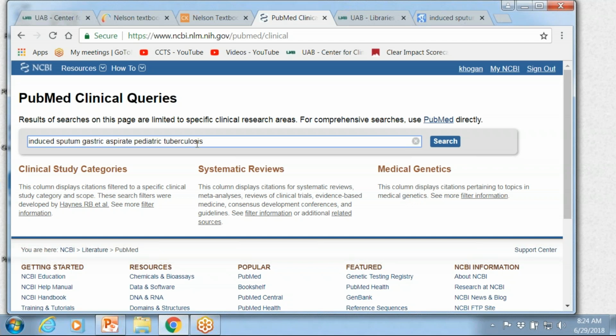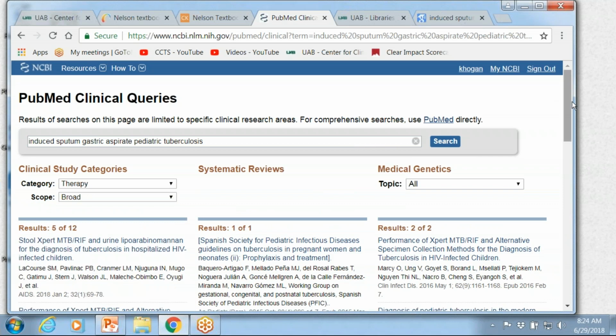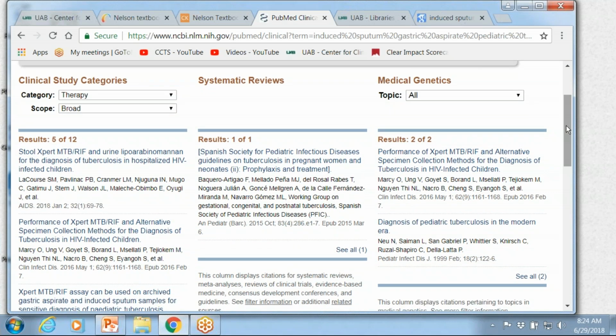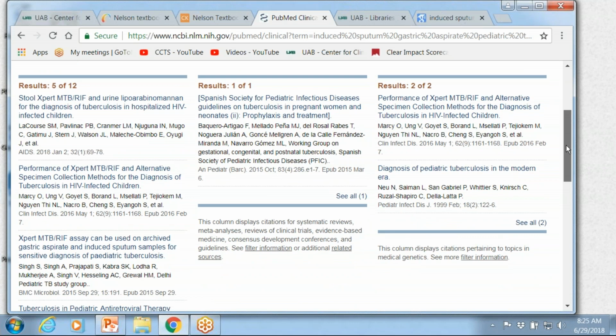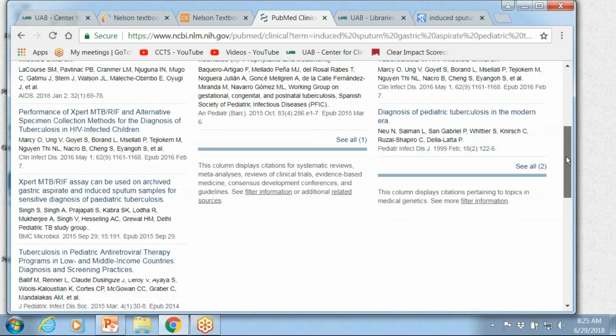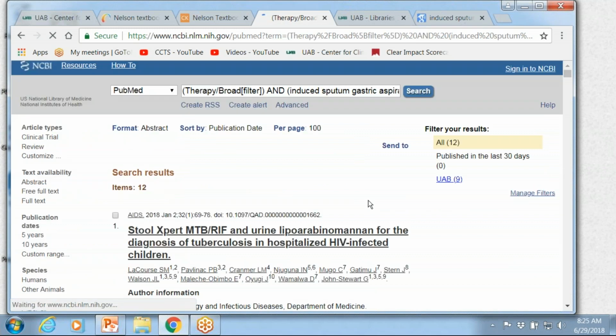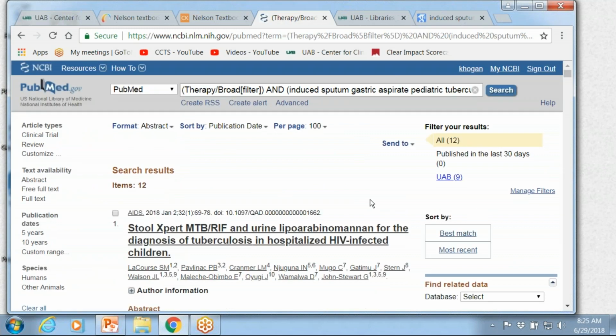I can put in my same keywords, search, and I get a systematic review, which is in Spanish, and also about 12 clinical trials. So that's another way to target your results.